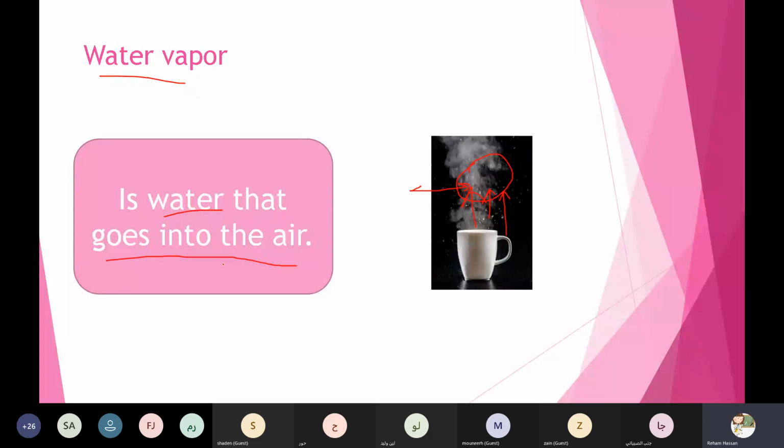Fatima Ali. Yes, Fatima. So, the water vapor is the water that goes into the air. Tell me, what is the water vapor? It is the water that goes into the air.